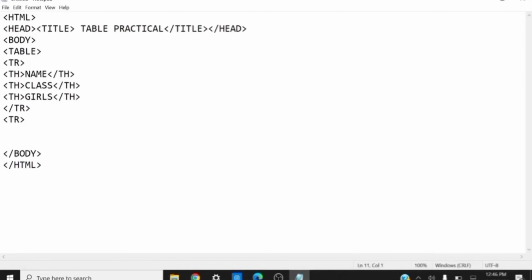After this, if we want to fill the data inside that table, we will write the td tag. Here td represents the table data. Within each row, the data is represented in the form of individual cells. So the td tag is used to represent each cell entry of the table. Suppose I want to write a name. The name is Aisha, so I type Aisha inside the td tag.